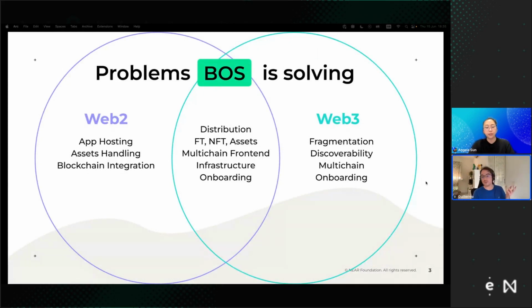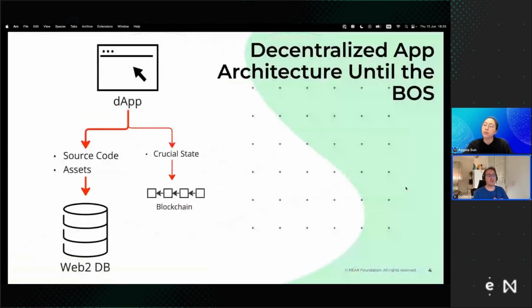And onboarding users is very simple because you can make the users only log in using their email, and that's it. That's all they need to pass that first line of, okay, I want to start using your application. Until now, whenever you wanted to build a decentralized app, basically what you would do is